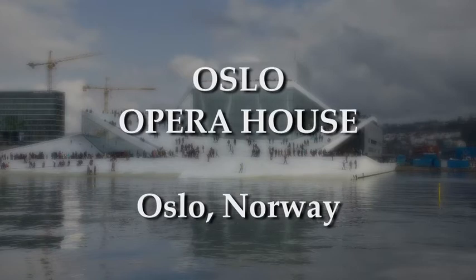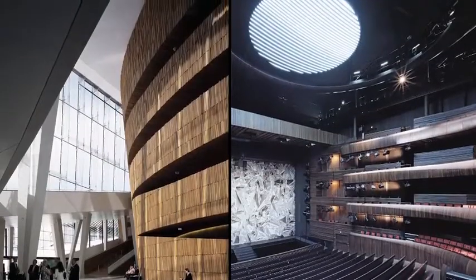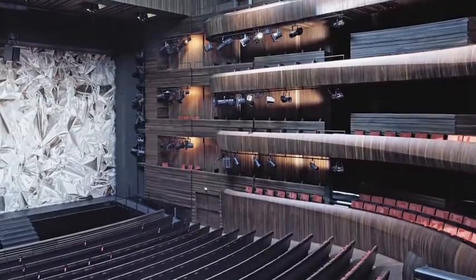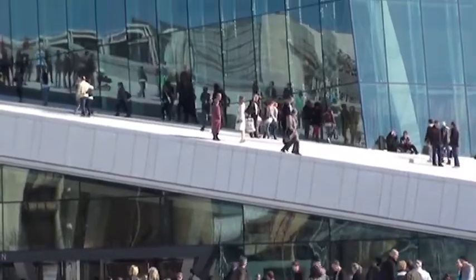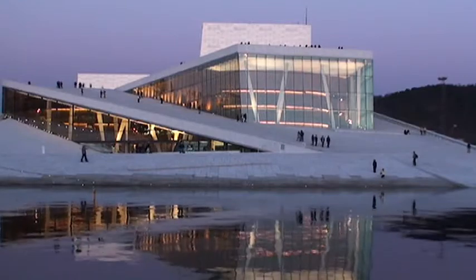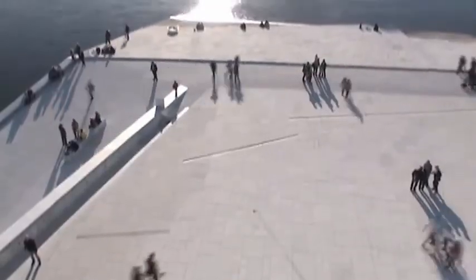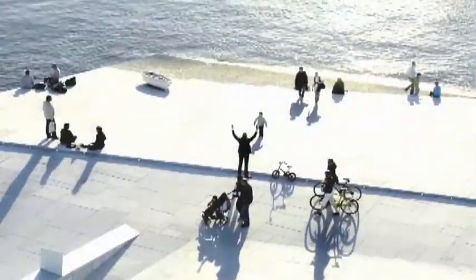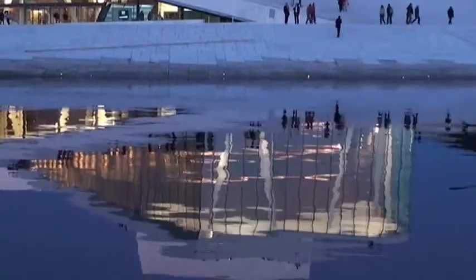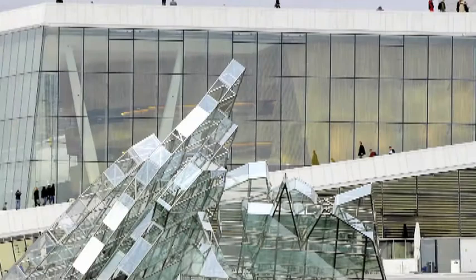The Oslo Opera House has become famous for many reasons. First of all, extraordinary architecture. Also the cost of building it, which came to almost $1 billion. It has this sloping roof. It's designed so that you really have very little view of the protective balustrades. So you really have the feeling as if you're walking in a challenging environment with very little protection, which is exciting. One of the partners of the firm who built it said, if you can walk on something, you feel